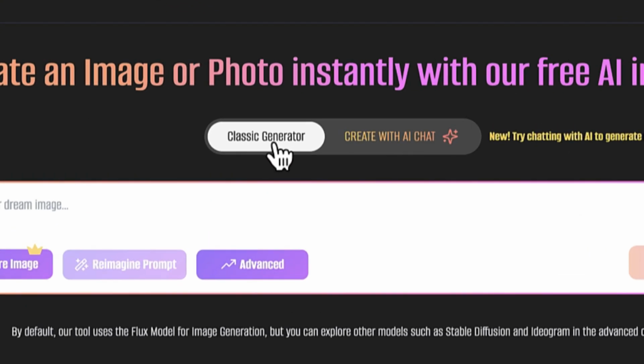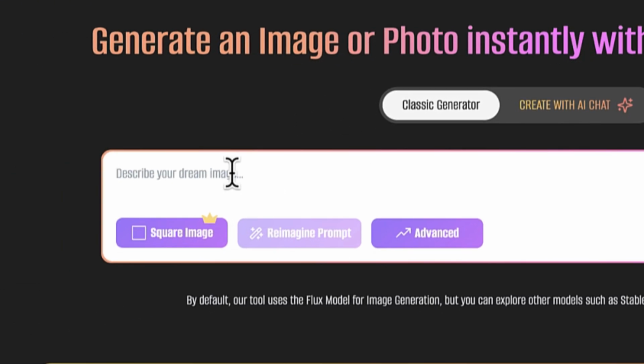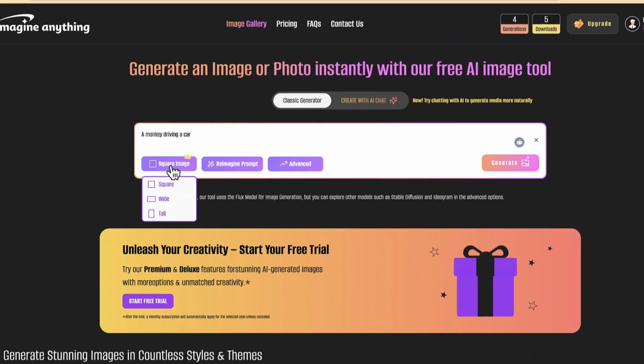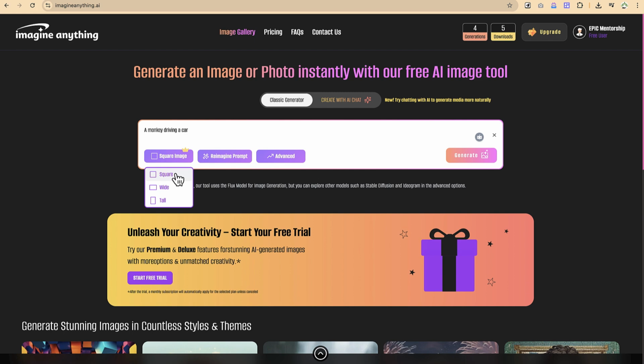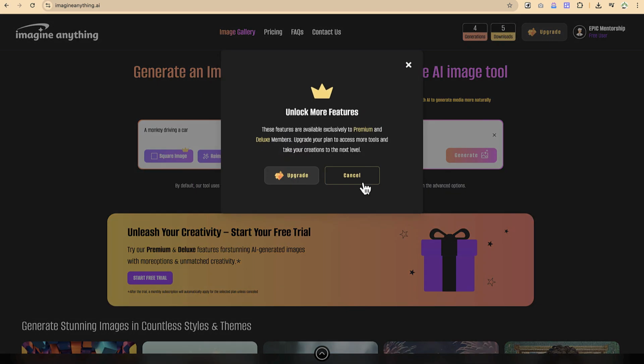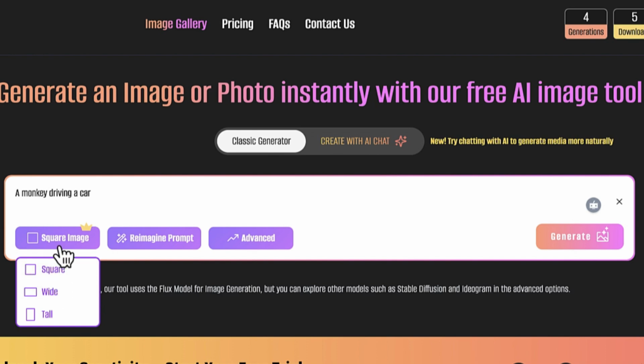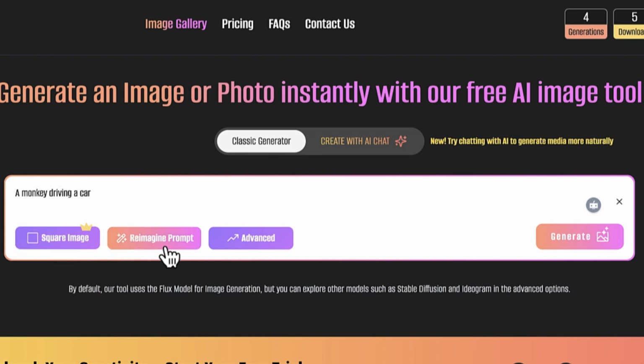If you want classic creation, you can click on classic, and you can type in your prompt over here: a monkey driving a car. Okay, so you can see this, you can change the aspect ratio from here. For example, you can go with square or widescreen or tall, depending on your choice. So let's go with widescreen, and so this one you have to upgrade. Okay, so you can change the aspect ratio if you are a premium user,